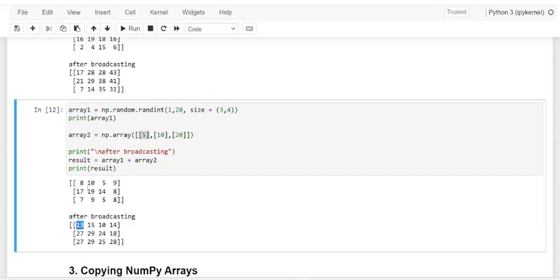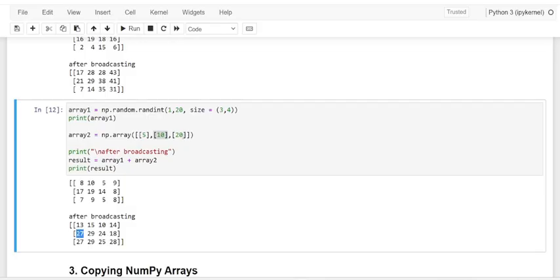And the second row, first column of array 2 is 10, and it is added to the second row, column 1 of array 1, which is 17. So the resultant is 27.